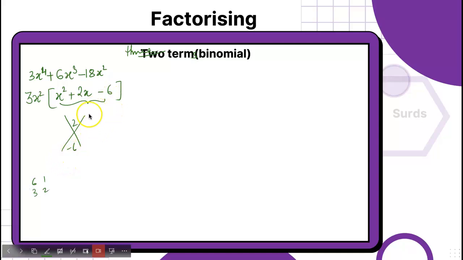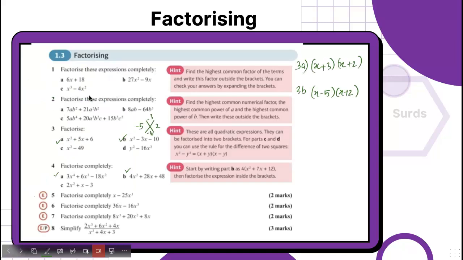But we can't further simplify this, no? Because it's not making it up. So probably this is the final answer. You just have to take the common out. Okay, never mind, but you will be getting some questions where you are going to be further factorizing that. So what multiplies to give you minus 6? No, that wouldn't be. If it is 1 there, it is possible, but here it is not. Okay, now let's take the next question.